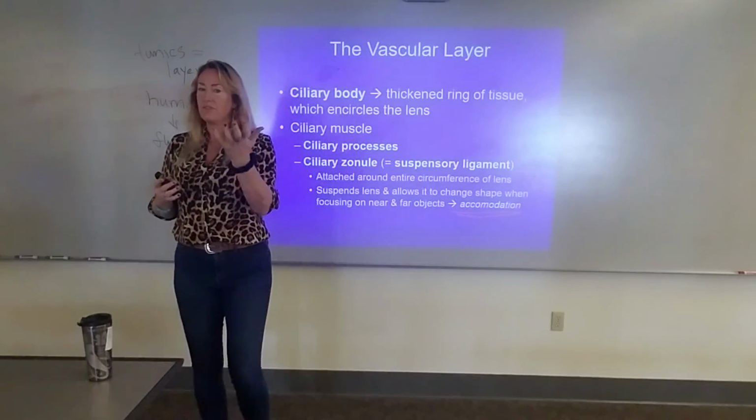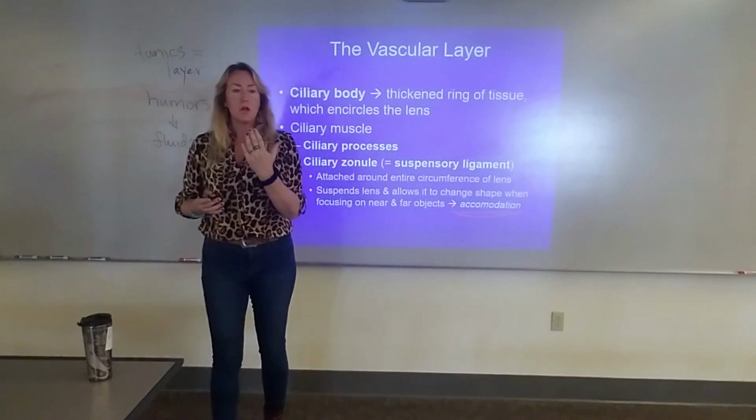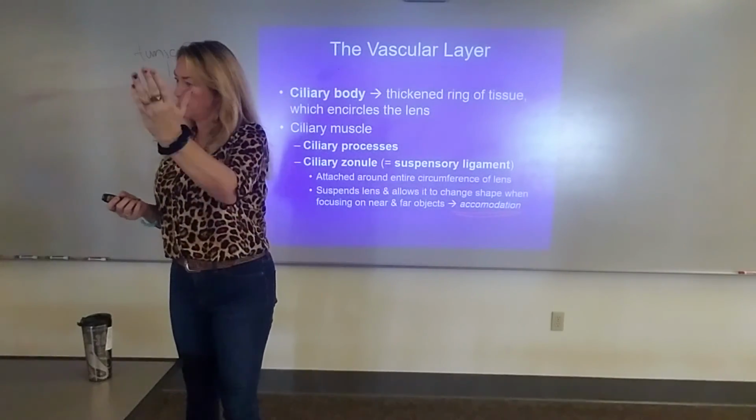This refers to how close you can see something in clear view when it's close to your face. We'll do these tests in physiology, but basically it allows you to focus on near versus far objects. And as